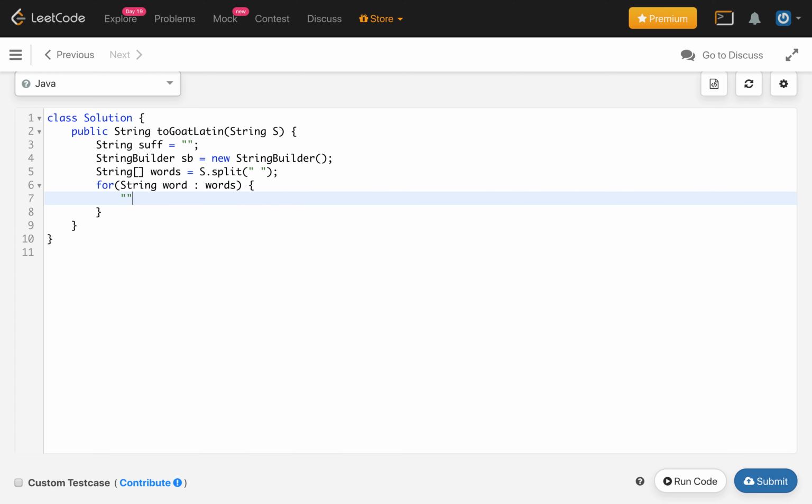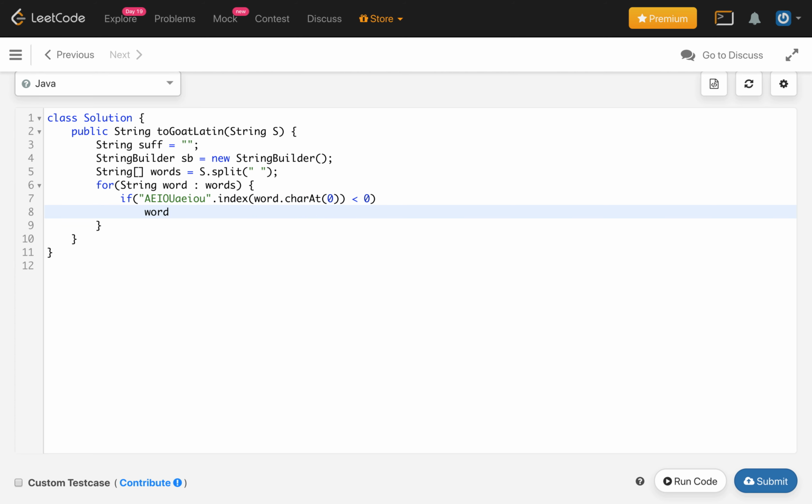Then we will check the vowels, capital AEIOU or small aeiou, index of the word's first character, and if the index is less than 0, which means it is not a vowel, then we will update our word to be word.substring from index 1 plus the first character at the end of that word, so word.charAt(0).